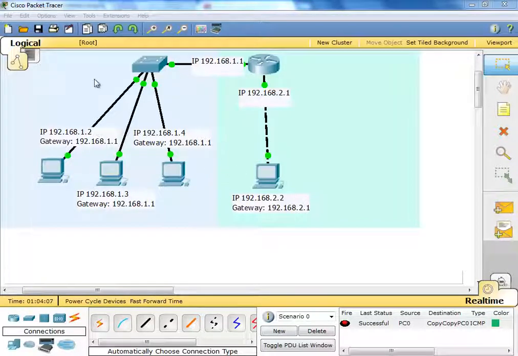I have three computers connected with the switch and the switch is connected with the router. This whole makes a network, 192.168.1.0. This computer is assigned 192.168.1.2 with the gateway of 192.168.1.1. This computer is 1.3, gateway 1.1. This computer is 1.4 and the gateway 1.1. This is the router interface FastEthernet 0/0 that is assigned the IP address 1.1 that acts as the gateway